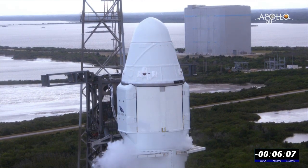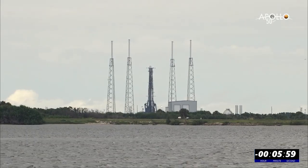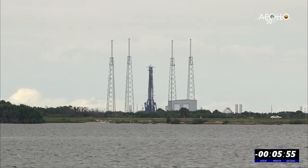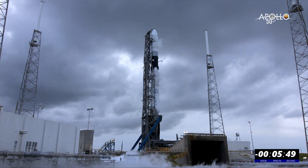And then at that moment, if we are still no-go weather-wise, then they will abort the launch attempt. But if not, and it clears in the next few minutes or right up to 30, then they're going to go ahead and fire this thing off. And so what we're looking at now in terms of the countdown, we're at 5 minutes and 47